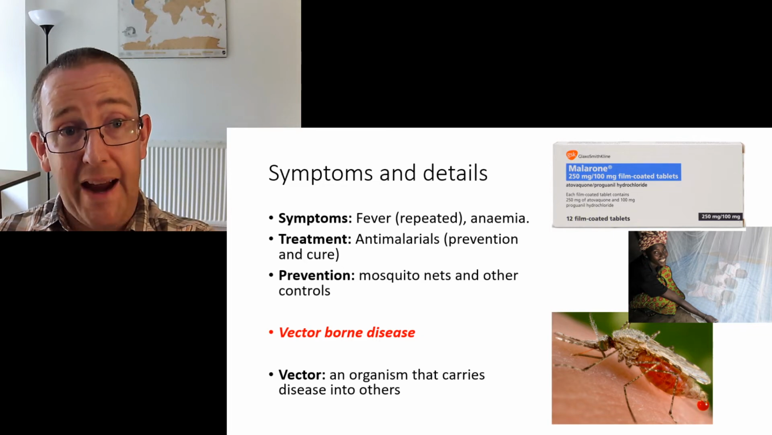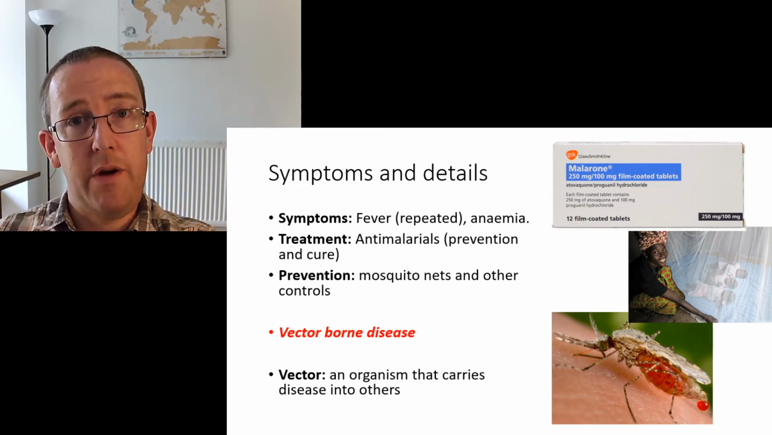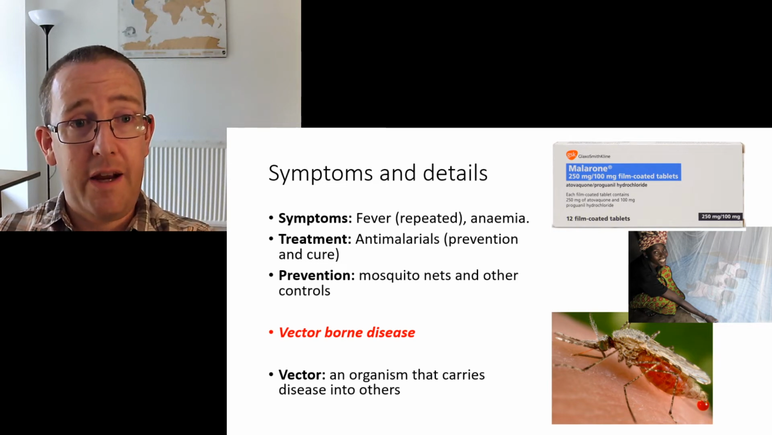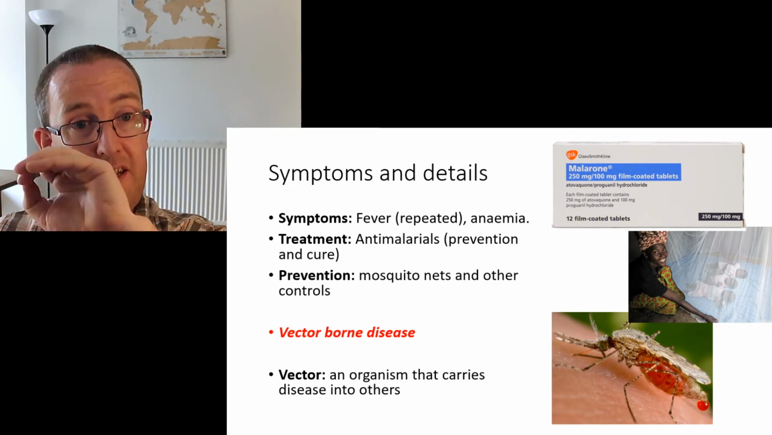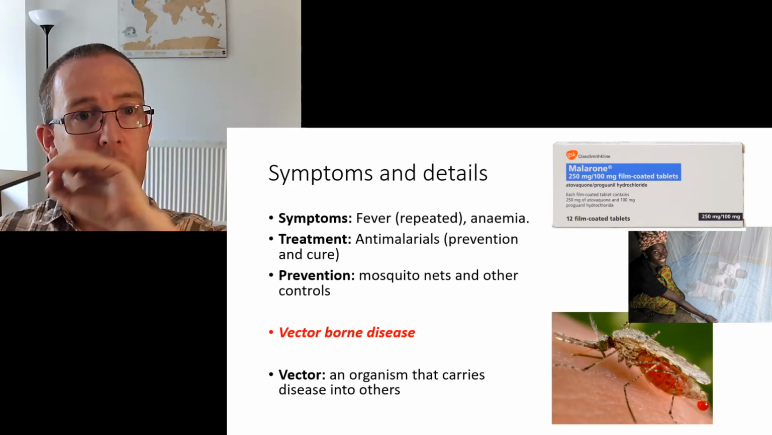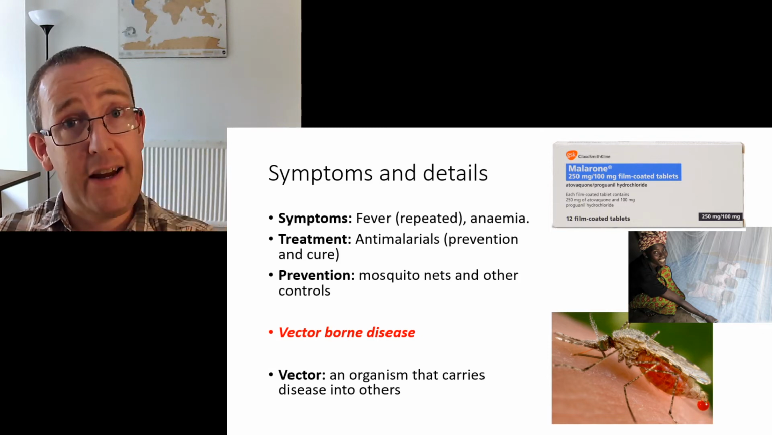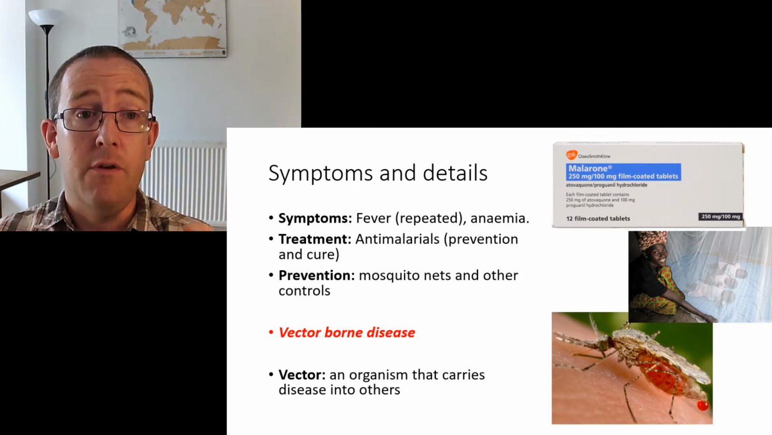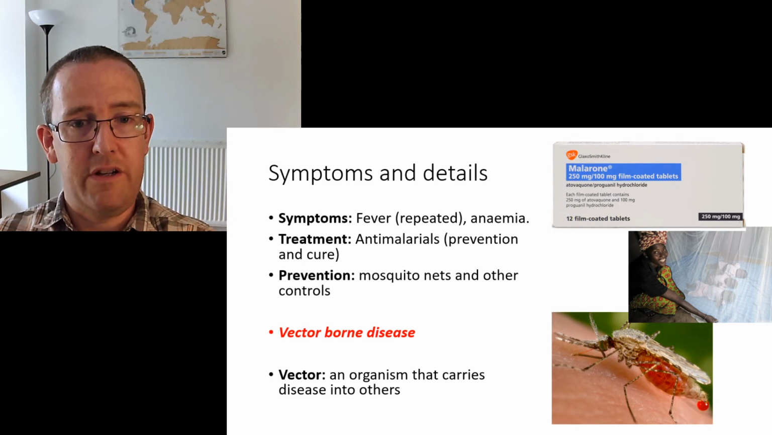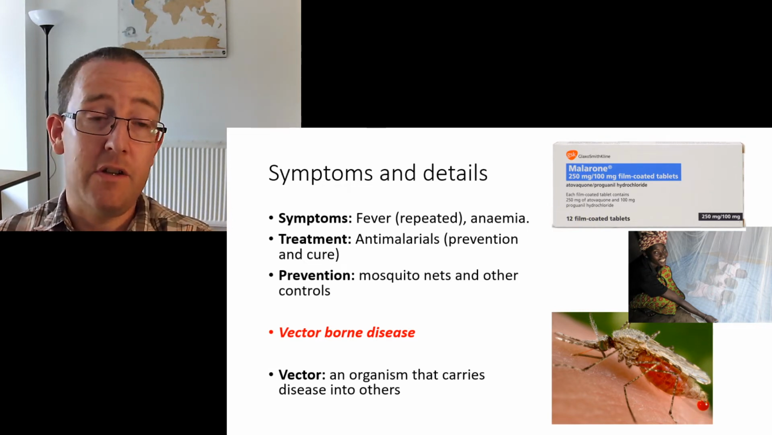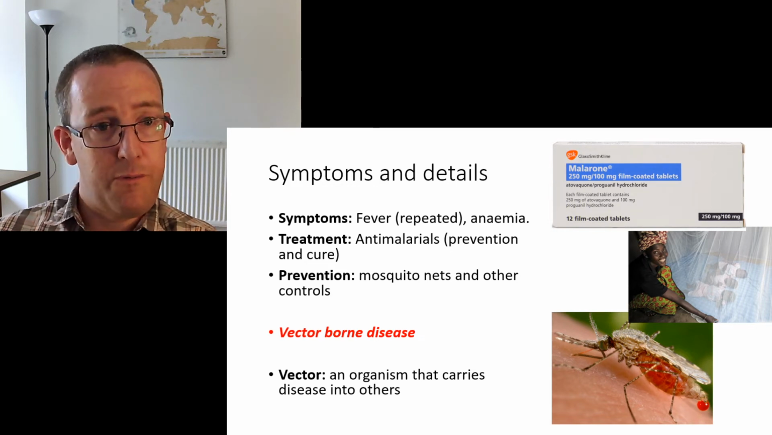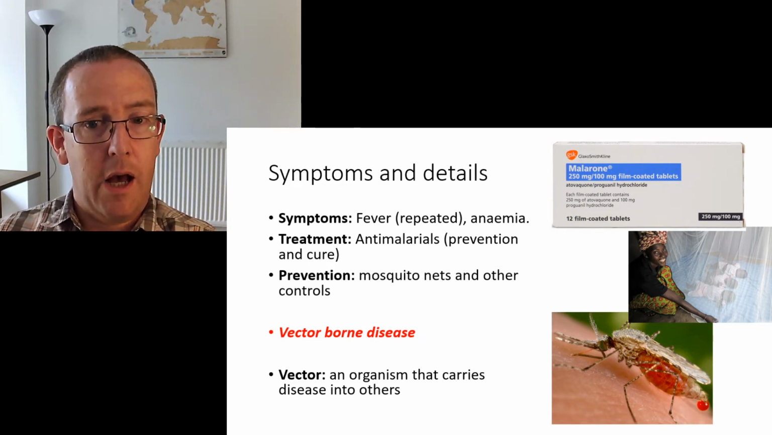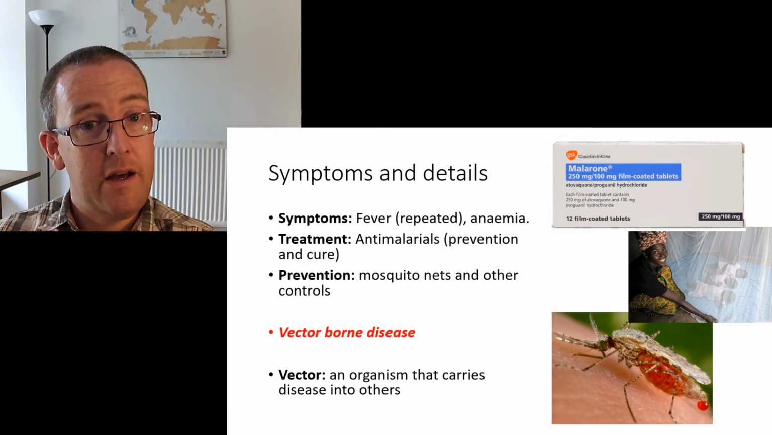Now the word vector is on your syllabus, so it is one you have to know. Now this is a vector-borne disease. A vector is an organism that requires to carry a disease from one host to the other. So that's what the vector is. It carries the disease from one to another. So a vector is an organism that carries a disease into others. Okay, so disease vectors could be rats or fleas in various places, but in this case, the vector is our